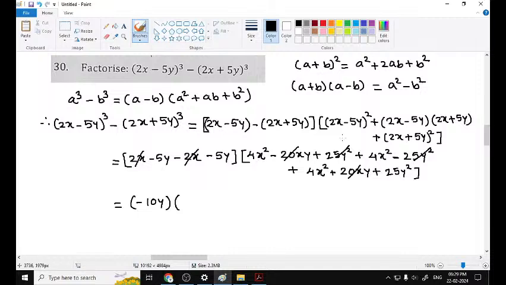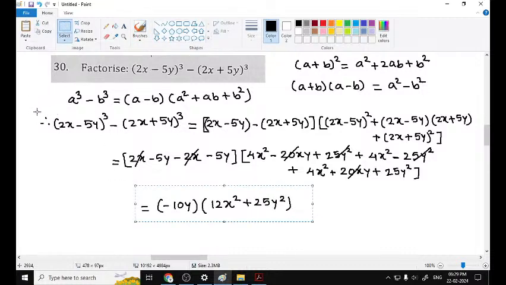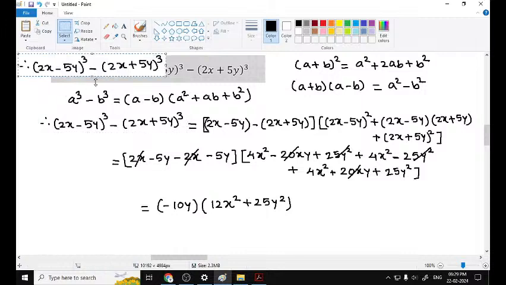So we are left with 4x square plus 4x square plus 4x square, that is 12x square, and 25y square. So these are the required factors. So the factorization of the given expression is